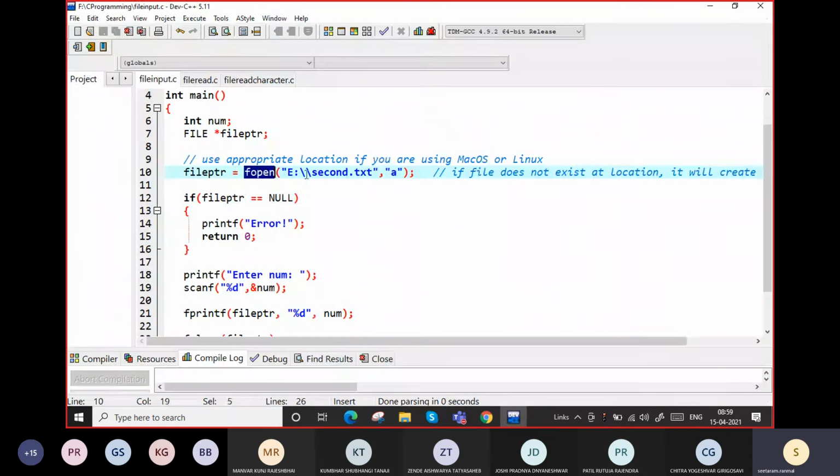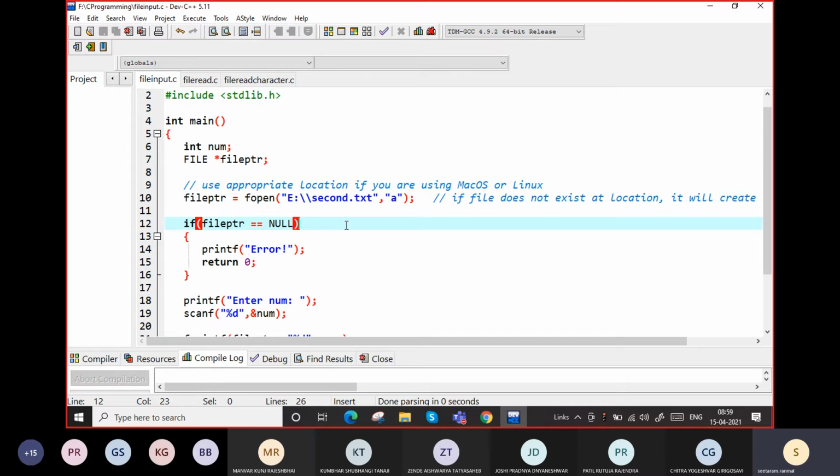For opening the file, there are different modes. A is for append mode, W is for write mode, R is for reading the file. We will see one program in which we can read the file, but before this is important. So I will send you the list of modes, or the link of the tutorial. But right now we will see this.